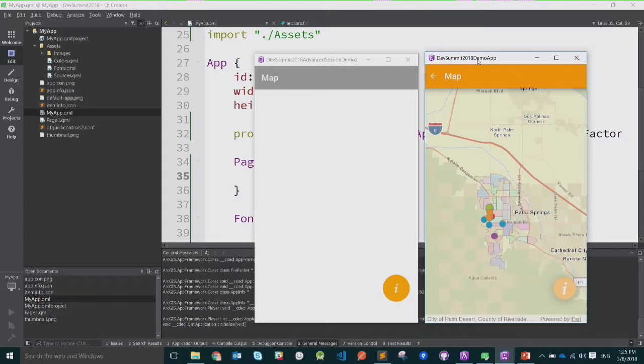Very first, the banner has a nice shadow underneath the orange banner, so it is kind of elevated up a little bit. And also the I button has a shadow around it,